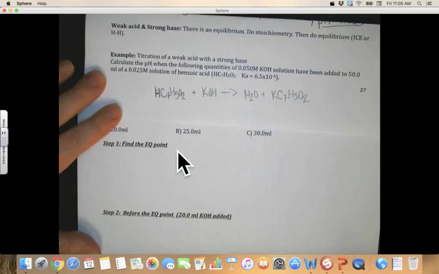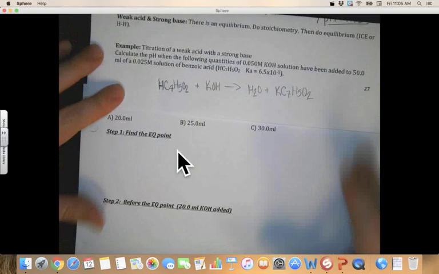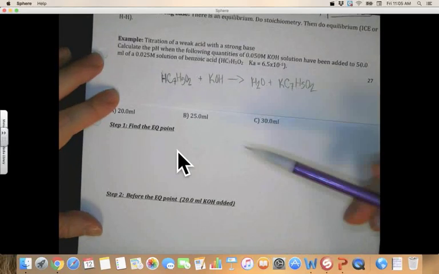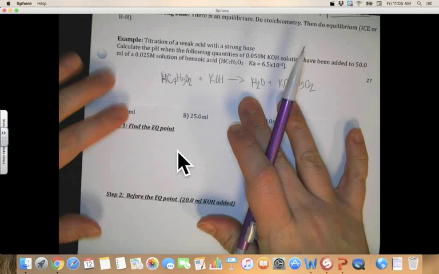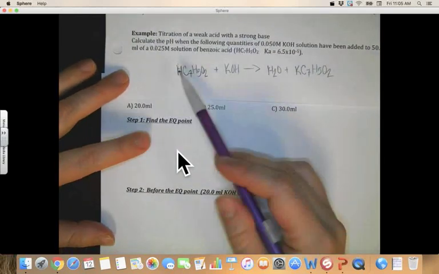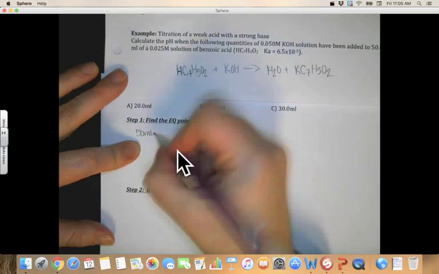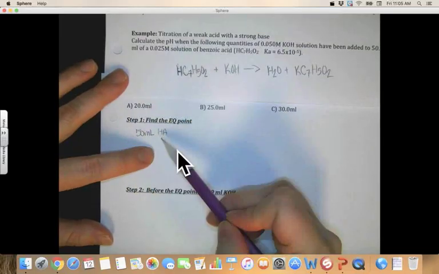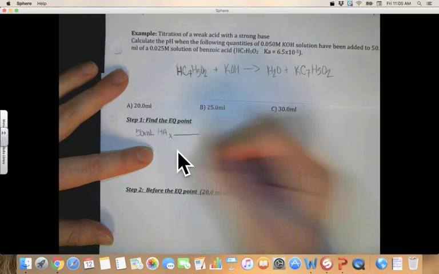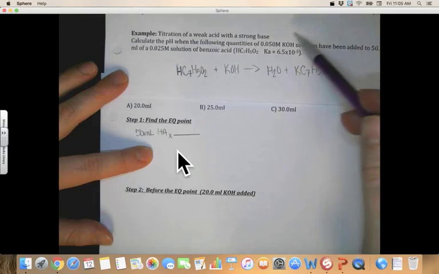Remember that IB will only give you monoprotic acids for these sorts of calculations. So it's going to be a 1-to-1 ratio, and it's all balanced. Okay, we're going to find the equivalence point. So I'm going to start with my 50 milliliters of my benzoic acid, and I'm just going to write it as HA because this is a lot shorter than that. And I'm going to figure out what volume of base is my